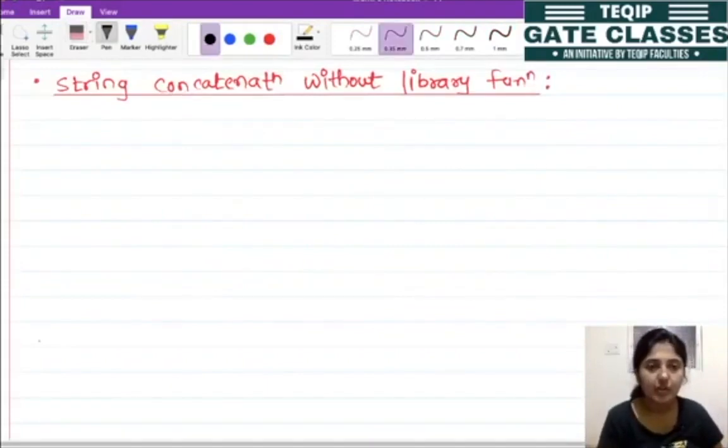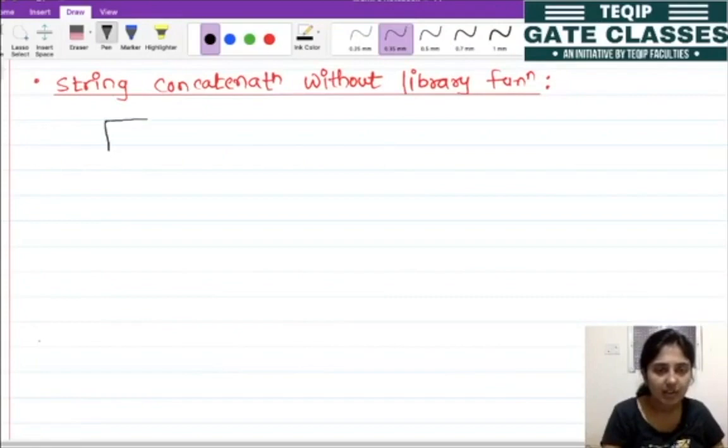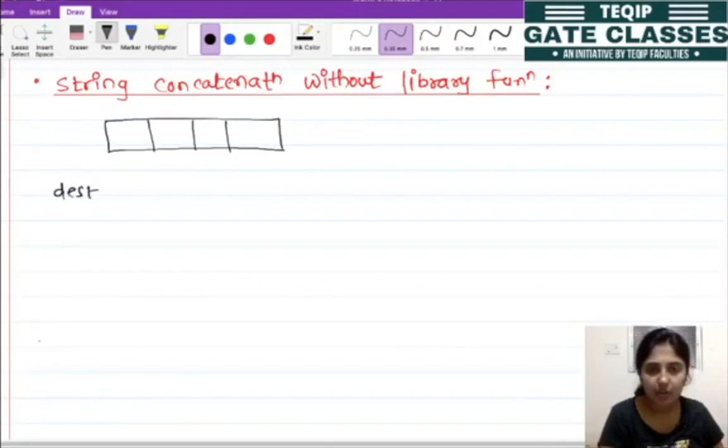Okay, so let's see how we can do the string concatenation operation without using the library function. Let's analyze this through an example first, and then we'll try to write the code. Let's say this is our destination, and this is our source.